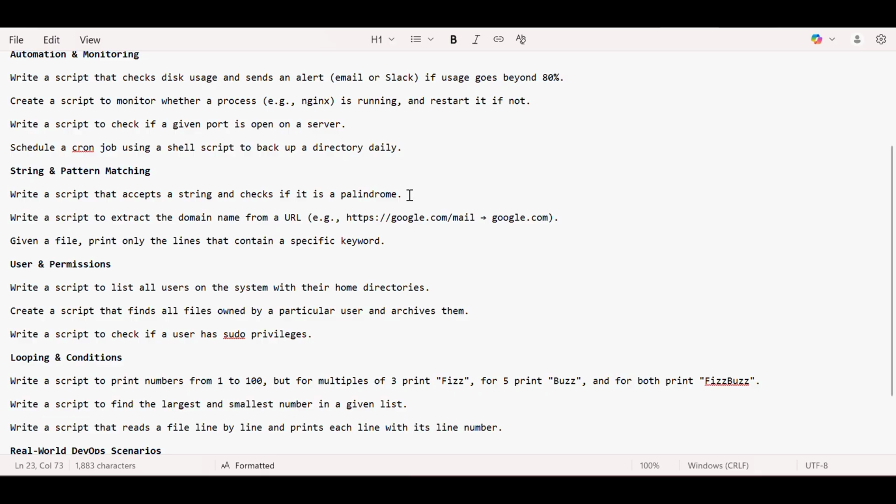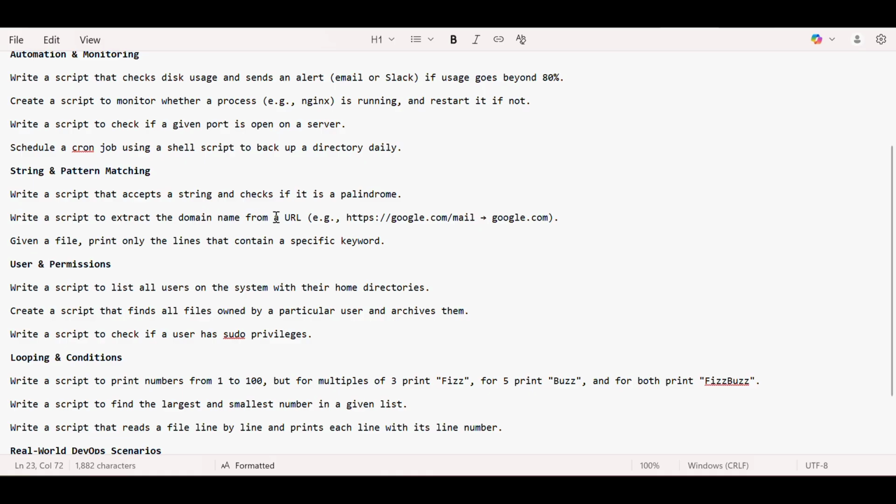So like Bob. Whether you read it Bob, or read it backwards Bob, the meaning doesn't change. Bob is Bob. So these are palindrome words.